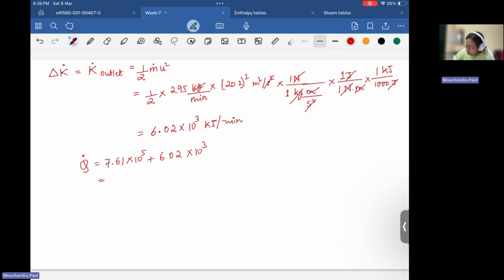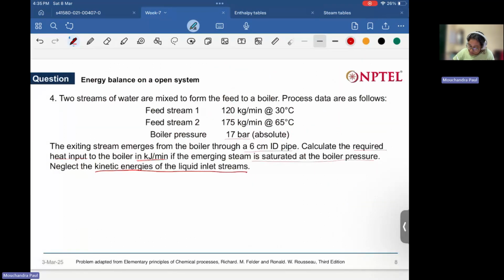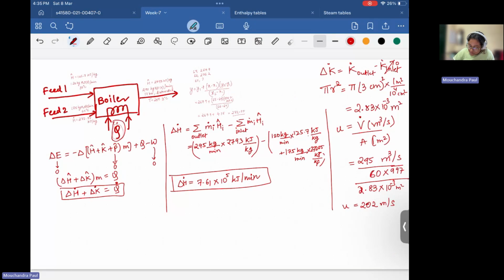So if you add these two, you should get 7.67 × 10 to the power 5 kilojoule per minute. This is your Q dot. And that is the thing that you had to calculate, the net heat input required to the boiler. So this is Q dot, you calculate. All right. So let's move